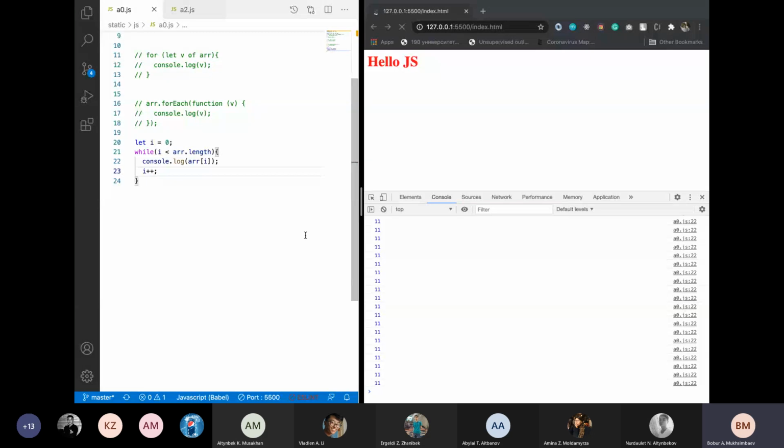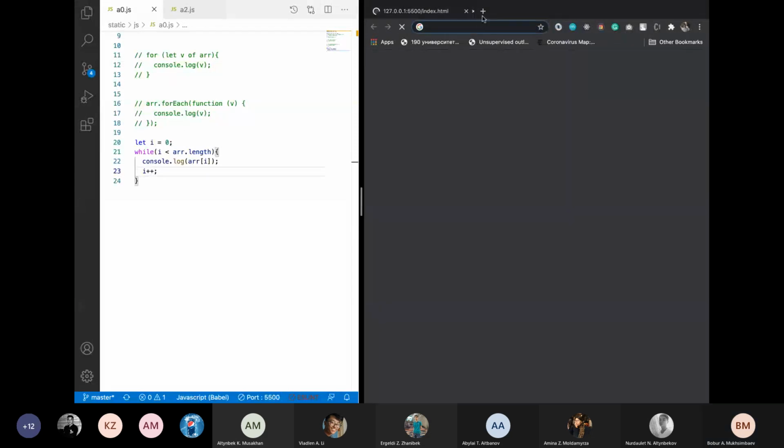So I plus plus. So as you can see here, we have some problems because before incrementing the I value, it starts working, and that's why it just